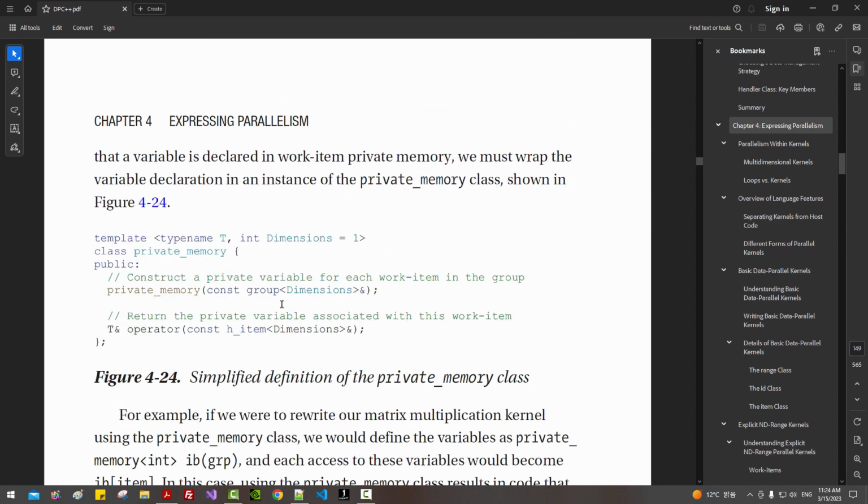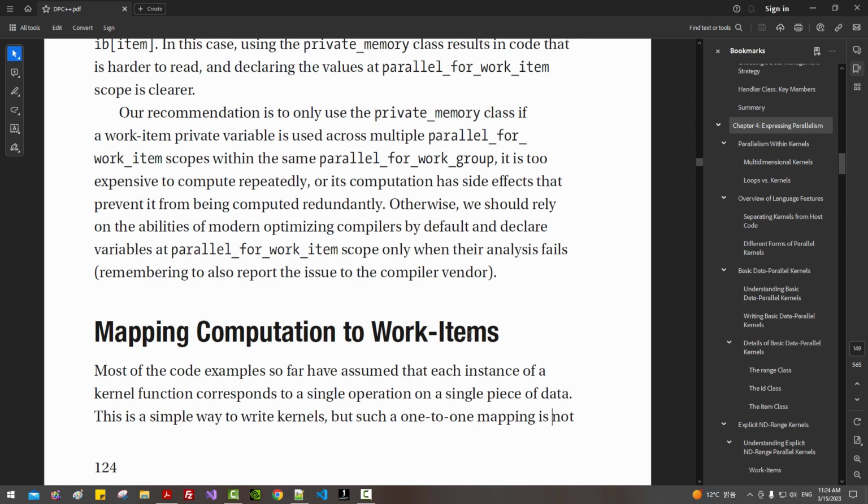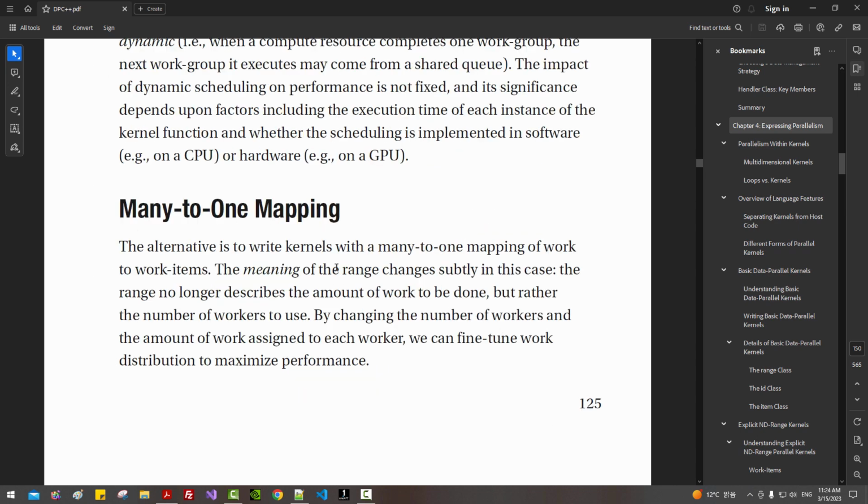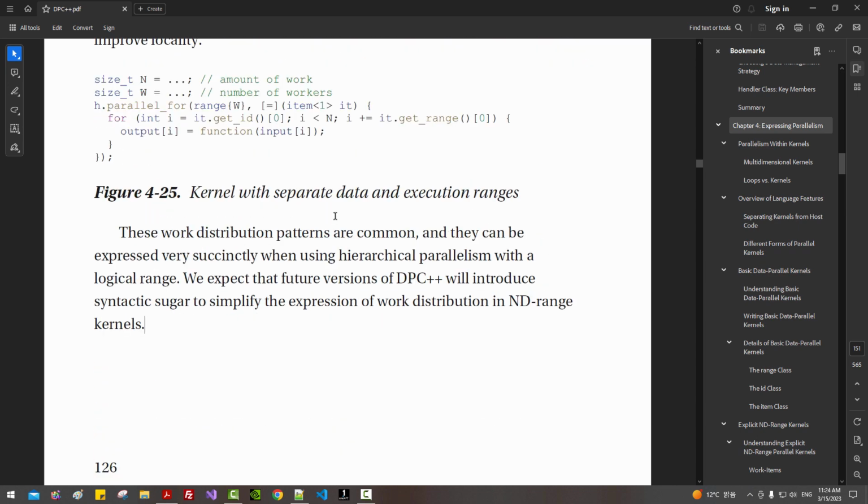If you scroll down, mapping computation to work items. Here, many-to-one mapping. In the next page, you can find this message. These work distribution patterns are common, and they can be expressed very succinctly when using hierarchical parallelism with a logical range. We expect that future versions of DPC++ will introduce syntactic sugar to simplify the expression of work distribution